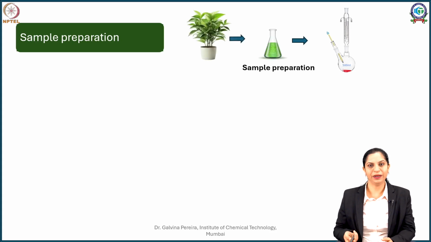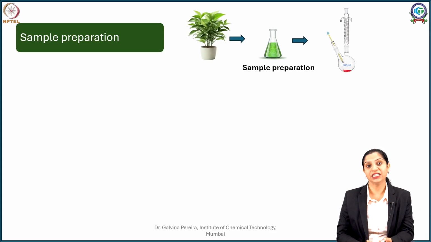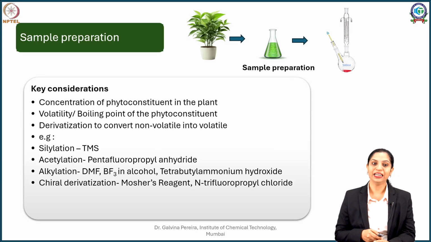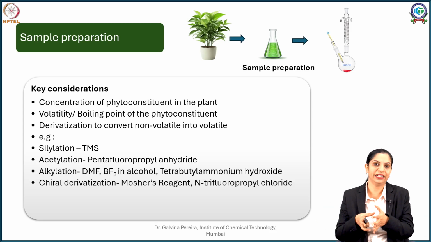Sample preparation for volatile oils is not at all a problem because the compounds as such are volatile. But imagine there are compounds which are not volatile. Is it that my gas chromatographic techniques cannot analyze them? They somehow can be analyzed if I can derivatize them. First, I have to see how much volatile compound is present in the sample. If need be, concentrate the extract to get a good fraction of it.